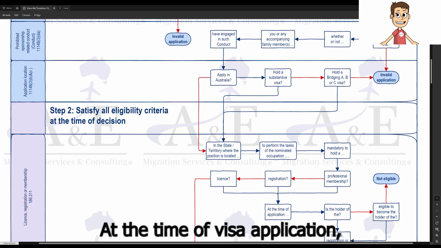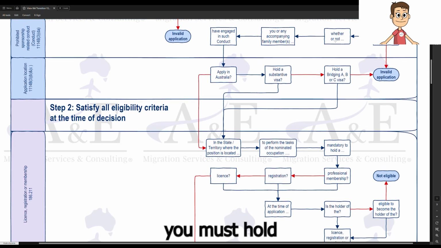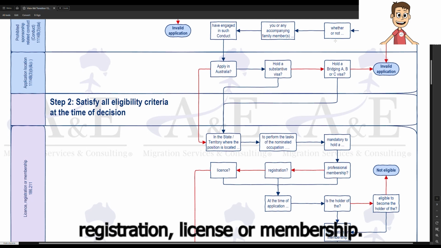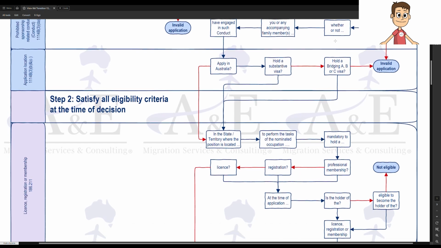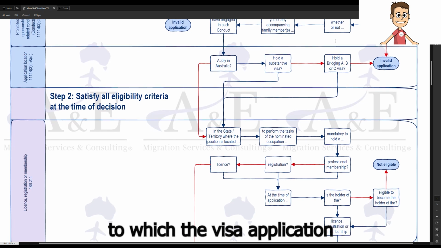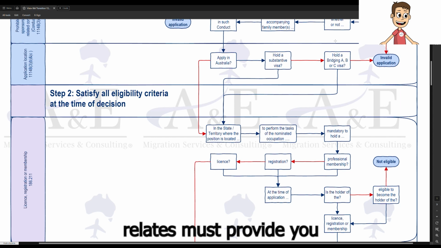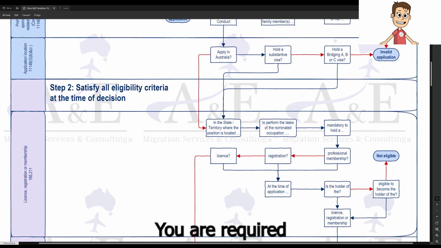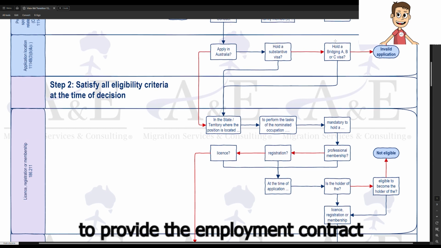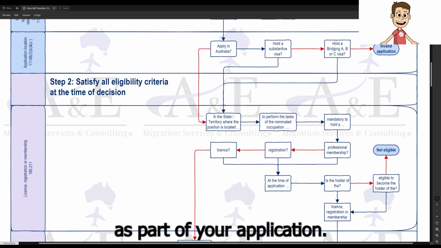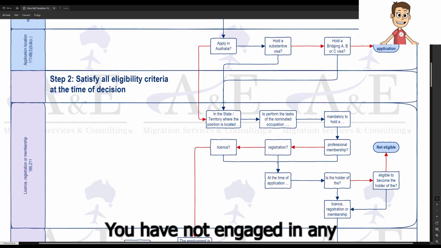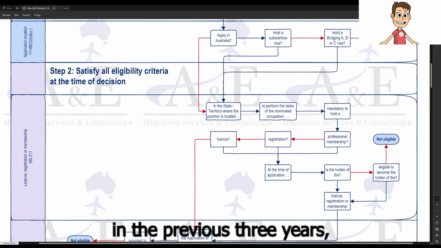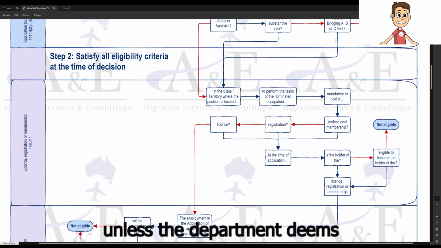At the time of visa application, you must hold, or be eligible to hold, the relevant registration, license or membership. The position to which the visa application relates must provide you with the employment referred to in the nomination. You are required to provide the employment contract as part of your application. You have not engaged in any prohibited sponsorship-related conduct in the previous 3 years unless the department deems it reasonable